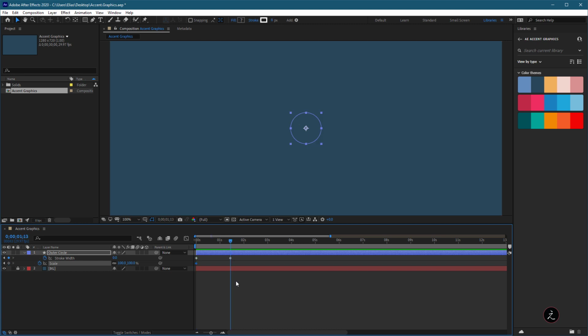So I'm going to be using those a lot. Okay, in this case, I'm going to press the letter K and set the scale to 300%. And I'm going to jump to the previous visible keyframe and set this to 0. So let's press the spacebar for the RAM preview.